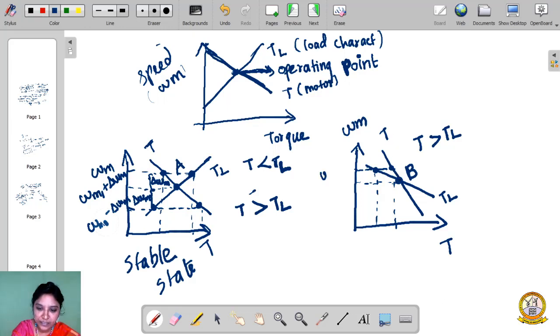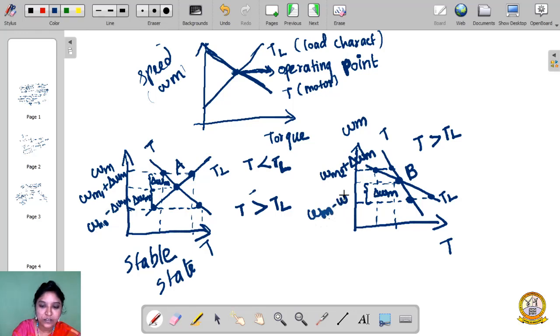Okay, next we can see. We take this del omega m, a small change I made in this diagram. For another case, I am going to decrease the speed. So what happens when we decrease the speed? It may go like this. I am taking the same change, del omega m, so it comes to the new position. We call this omega m2 plus this change. This is minus, so we are decreasing.